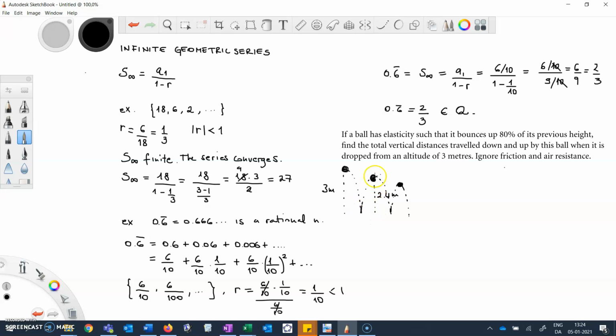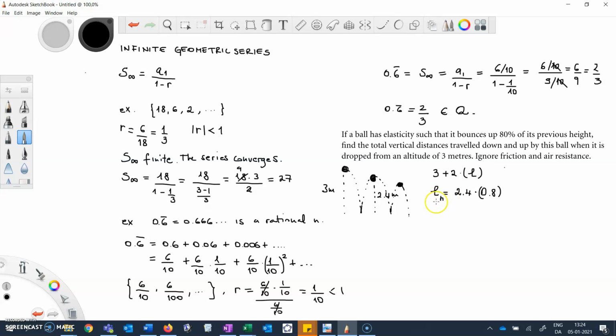So you have to understand that here I kind of exaggerated that the ball is going to do a kind of a parabola, but in reality the ball is going up and down in the same direction. So the distance that it's going to cover is just going to be the original 3 meters plus 2 times a certain length here that I will call L. Now, in order to calculate the length L, I need to think in terms of a geometric sequence. Each time it's going to bounce up, or down, it's going to be 2.4 meters times 0.8. But the 0.8 is actually the common ratio, because every time I'm going to jump up and down, I will have a length